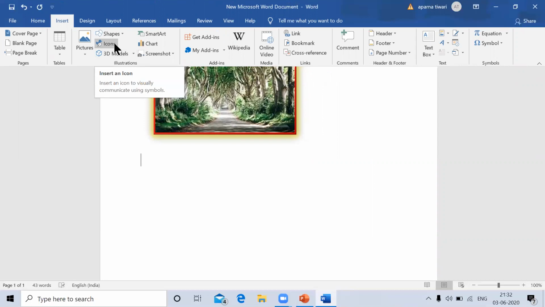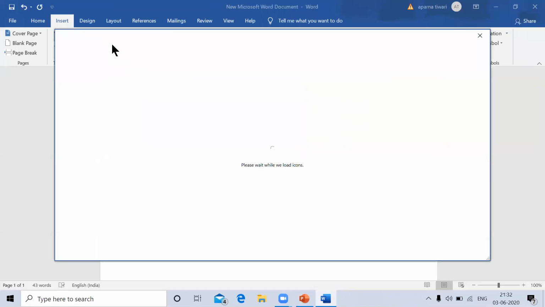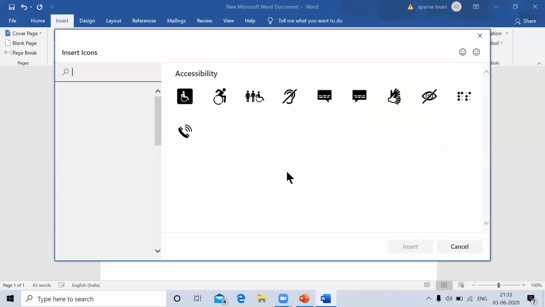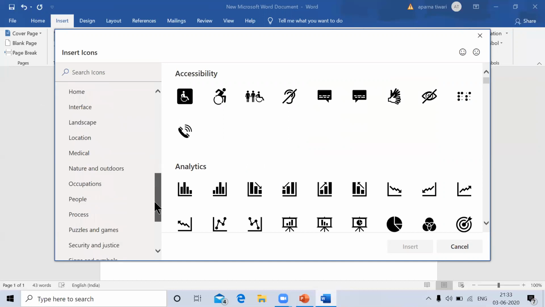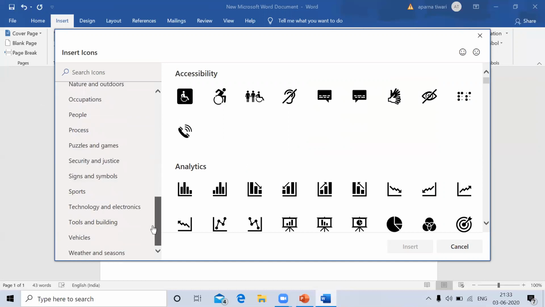What you can see in another Office version, here it is Icons and 3D Models, but the process of inserting clip art is the same. Like I'm inserting here Icons and 3D Models. Let us see Icons first. So it is loading the icons.